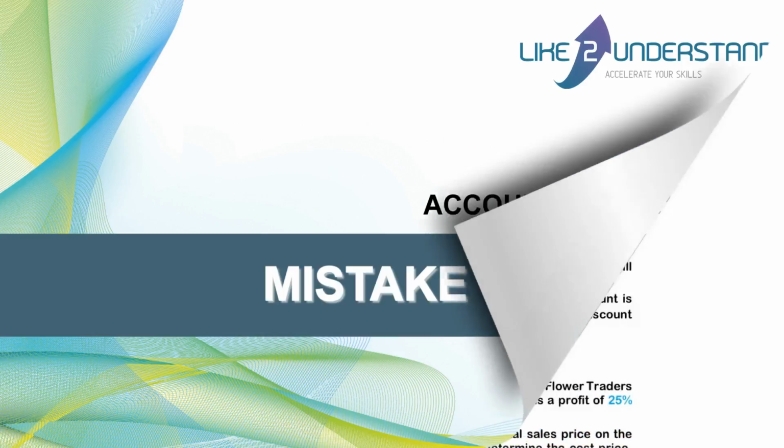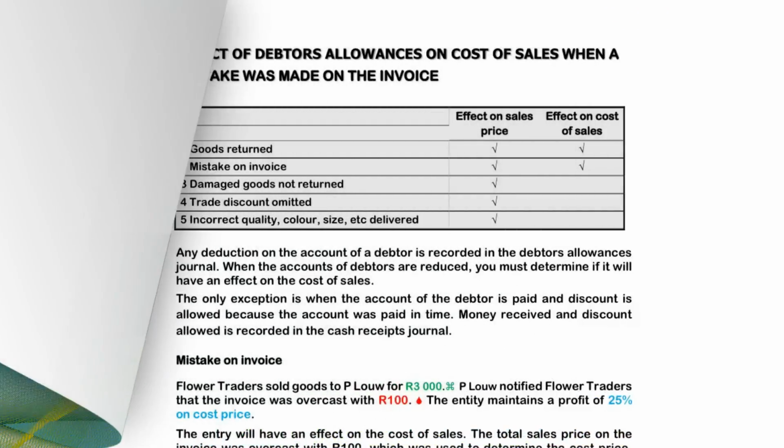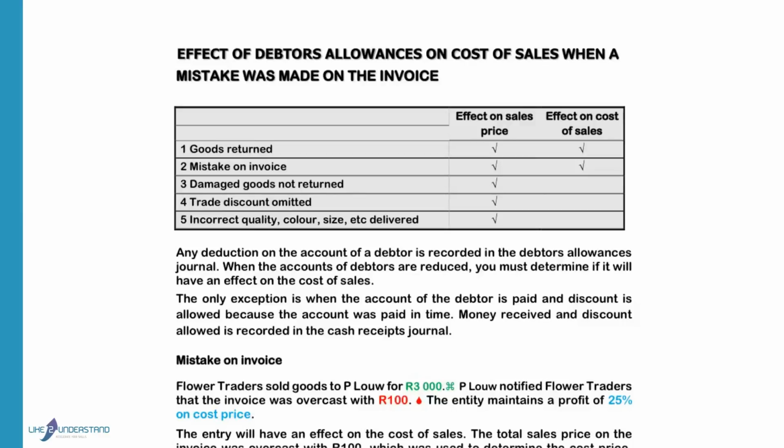Good morning. We will pay attention to the effect a debtors allowance will have on cost of sales when a mistake was made on the invoice. Any deduction on the account of a debtor is recorded in the debtors allowances journal. When the accounts of debtors are reduced, you must determine if it will have an effect on the cost of sales. So it depends on the type of transaction where you give a discount, whether it will have an effect